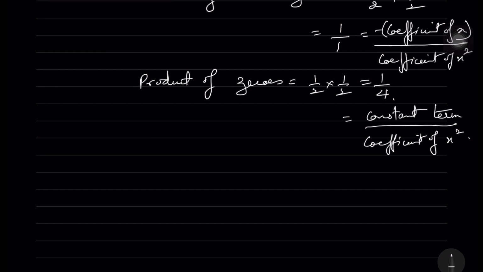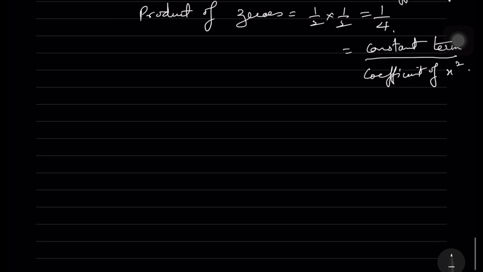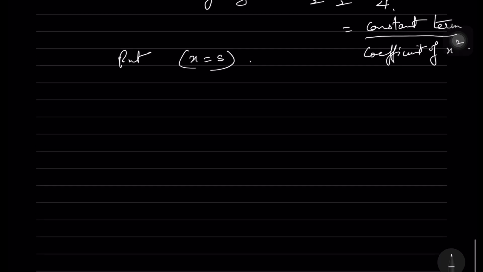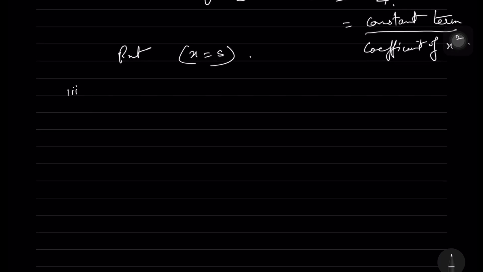So previously you understood, I think, no? Because minus coefficient of x by coefficient of x square, minus of minus 4 by 4, will give you 1 by 1. There you are getting the answer. So sum of zeros should be equal to the coefficients. The relationship should be the same. That is, they have to be verified in that way.